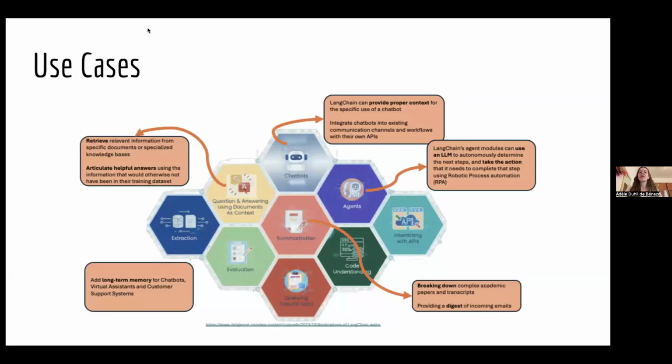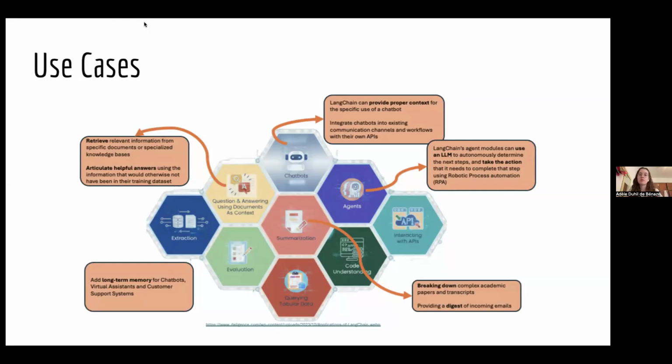Okay, thanks. So Langchain can be applied in a wide range of scenarios. For example, in chatbots, it allows us to provide the right context for each user, and it also allows us to integrate the chatbot into existing communication channels through APIs.